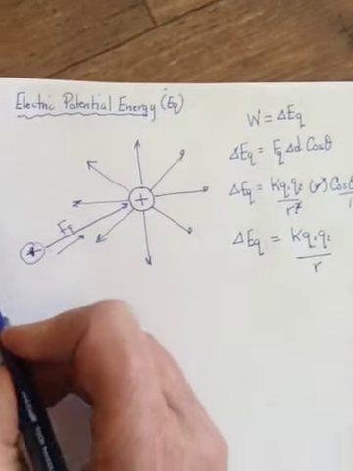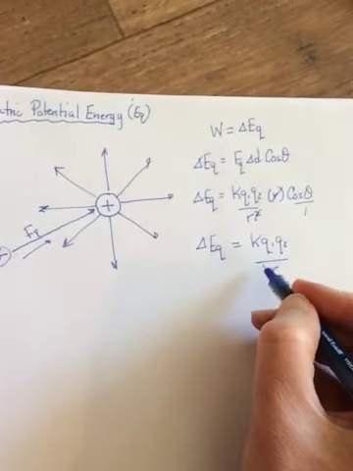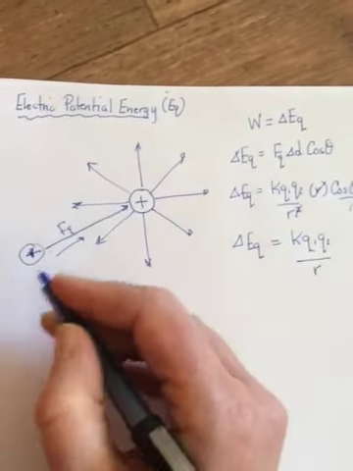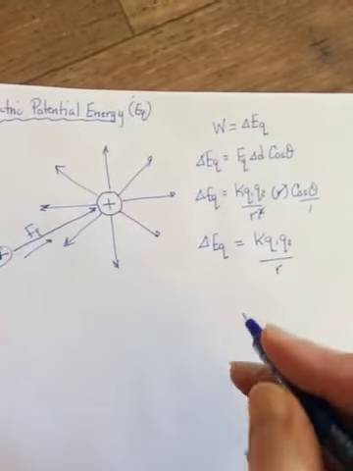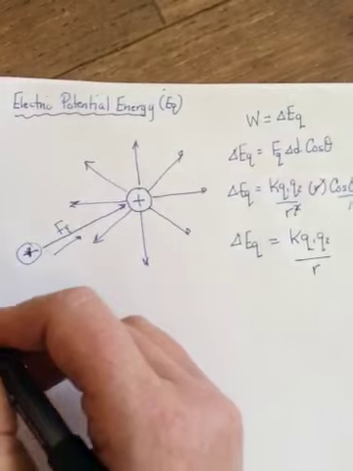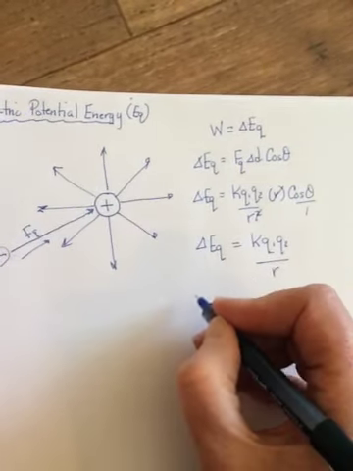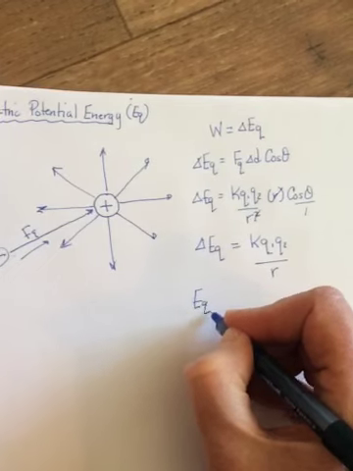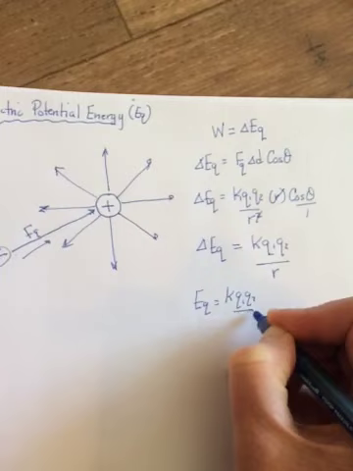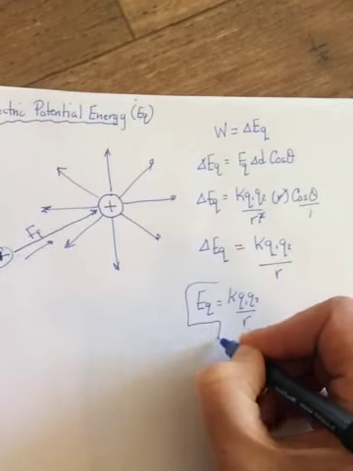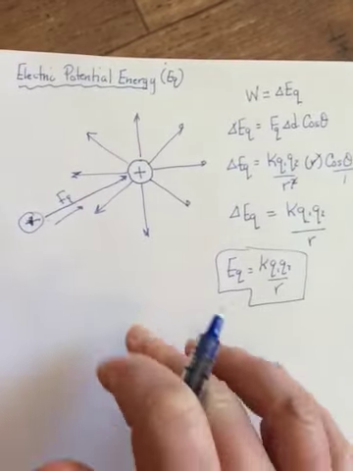Now usually what we say is we're going to start this second charge so far out, infinitely far away, that, because remember delta is final minus initial, we're going to start it so far away that the initial would be 0. And then we would just be left with EQ is equal to k Q1 Q2 over r. Okay, so this is our equation for finding the electric potential energy